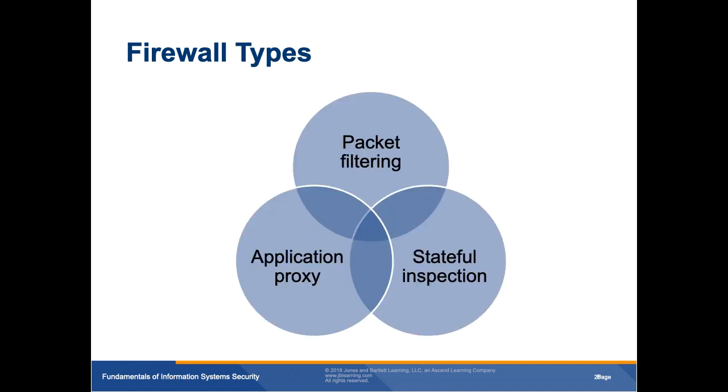And there are several types. The packet filtering, it's the most well-known, the earliest type. It just blocked based on network addresses. If it came from this IP, it's allowed. If it came from this other IP, it's not allowed. That kind of filtering. Stateful inspection, that is allowing it to